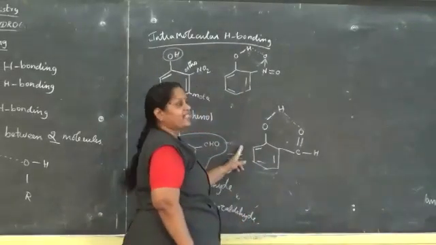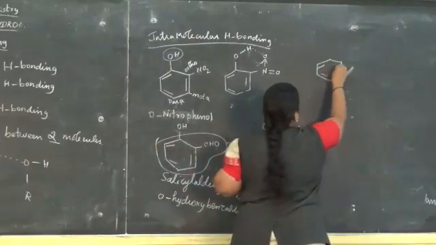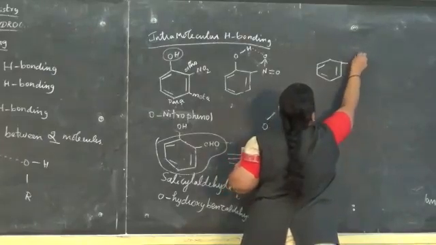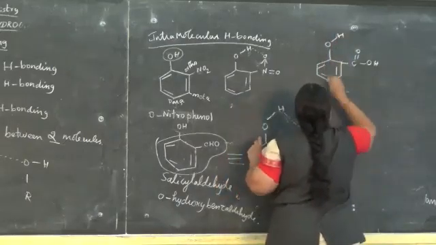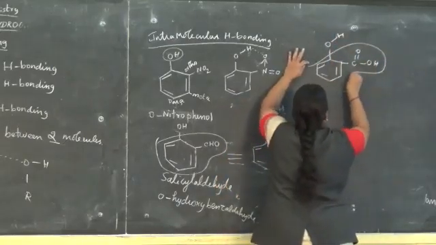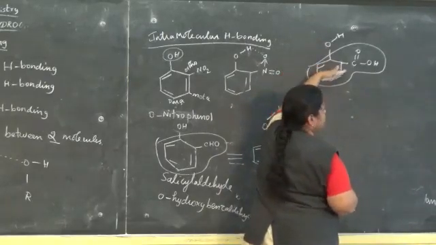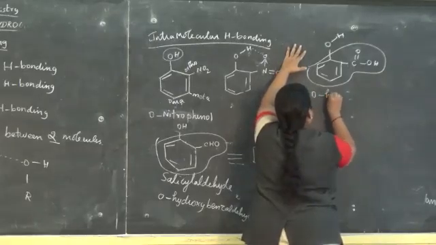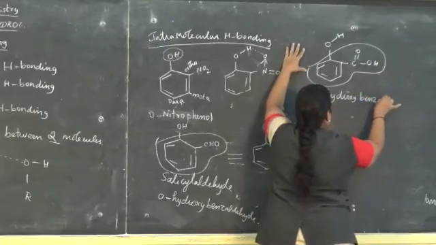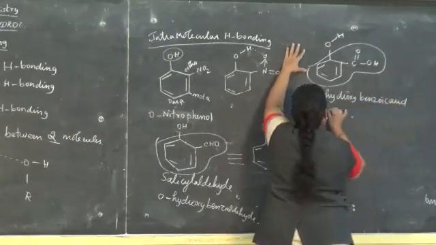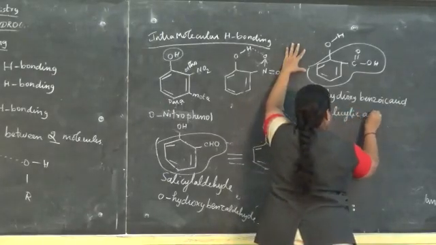Similarly, salicylic acid, another example, same structure. Acid means the functional group is C double bond O, OH. Here I write OH. Up to this part is referred to as benzoic acid. The substituent is a hydroxy group. Then what is the name of this compound? This compound is called ortho-hydroxy benzoic acid. Otherwise, it is called salicylic acid. Either you call it salicylic acid or